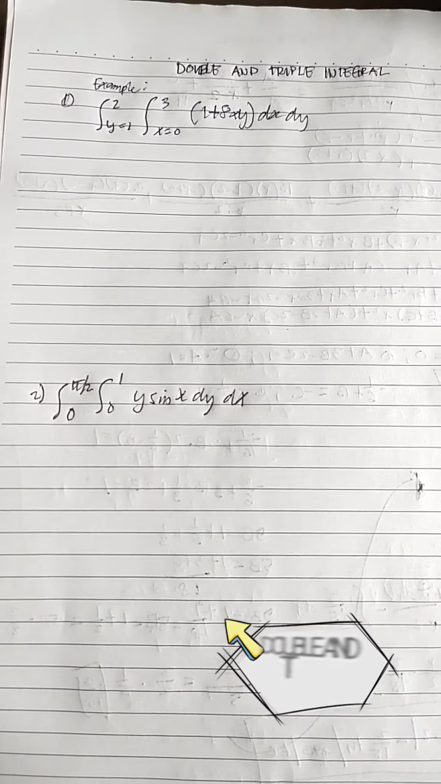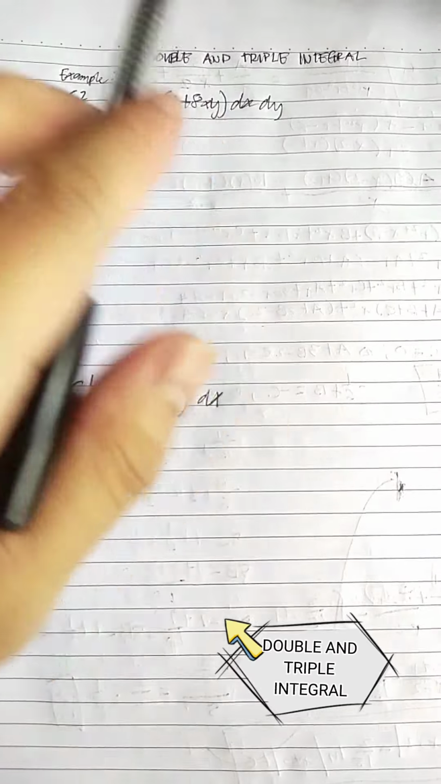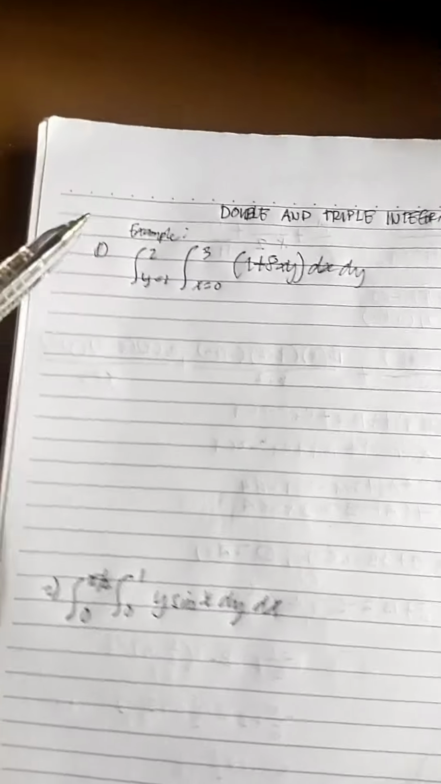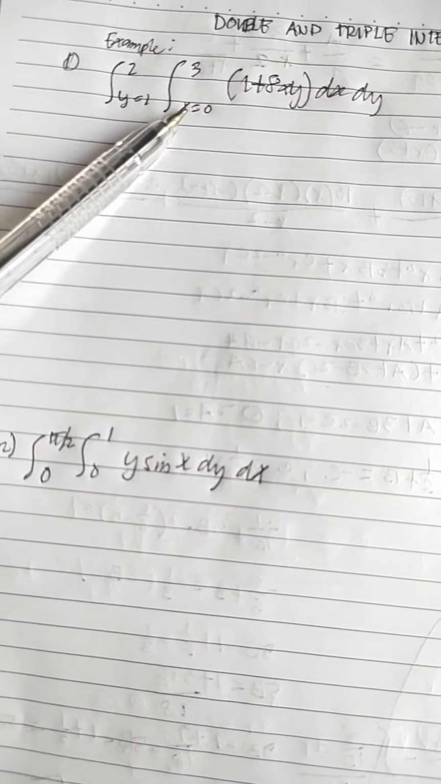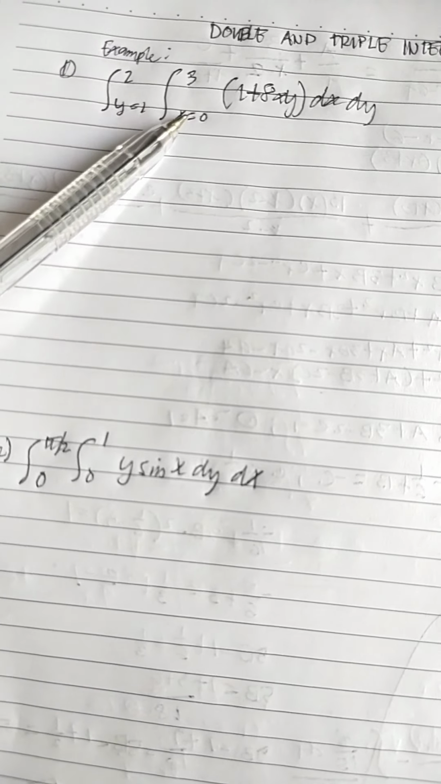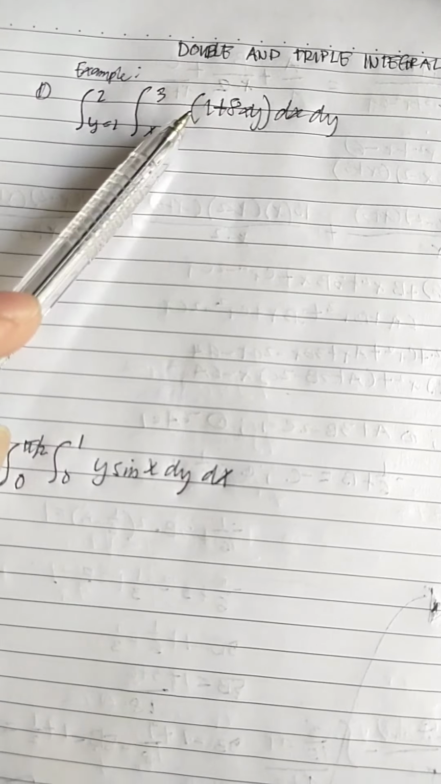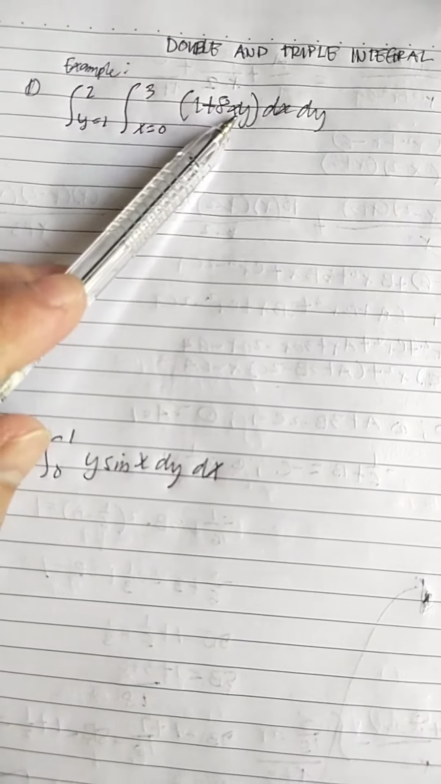So the last topic is double and triple integral. So I have 2 examples for this topic. So example number 1, the integral from y equals to 1 to 2, then integral of x is equals to 0 to 3 quantity of 1 plus 8xy dx dy. So this is equals to